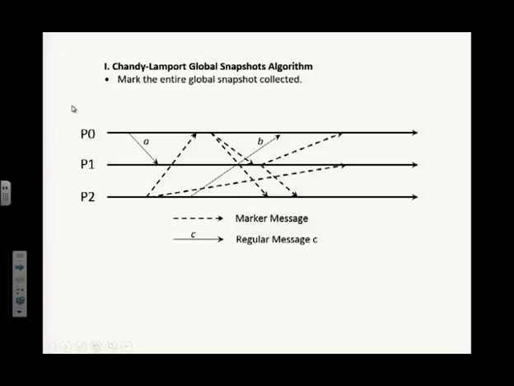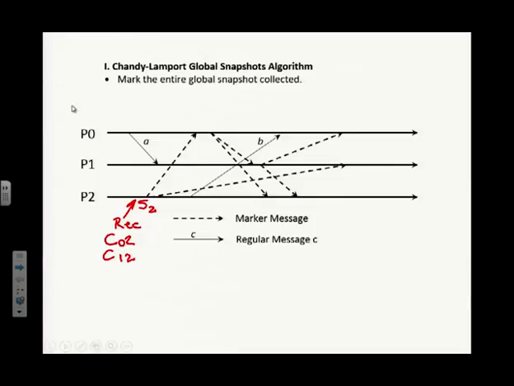Okay, so let's go over the solution. What you need here is for each process to save its state, and at the end to have a consistent state where we can roll back in case something happens. In our case, P2 is the initiator here, where it saves its state and then sends marker messages to the other two processes. And also, it starts recording on channels from processor 0 to processor 2 and from processor 1